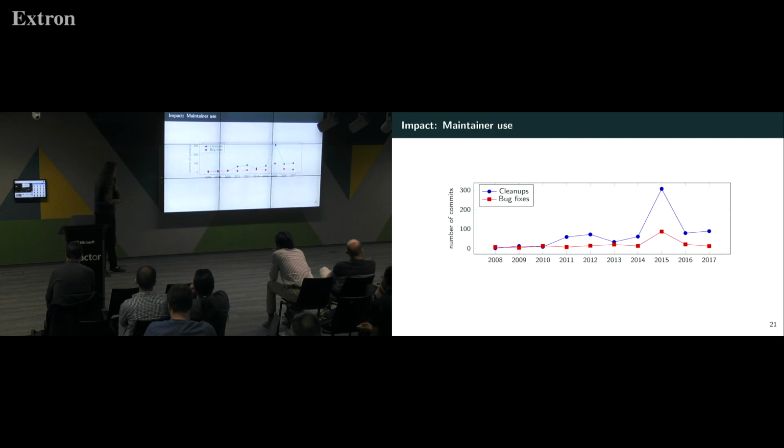This is to try to figure out what people do with it. So I focused it on the maintainers just because it's a smaller number of people and so a smaller number of patches to look at by hand. So people in the beginning, just low usage, some cleanups, some bug fixes, then a bit more cleanups, and then a huge lot of cleanups. And I think that would be the trend in more recent years as well.